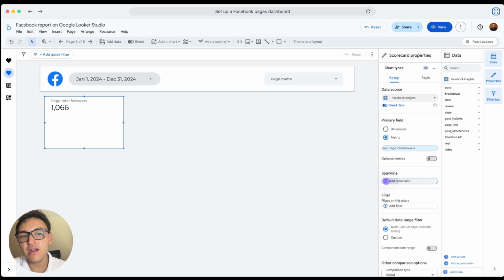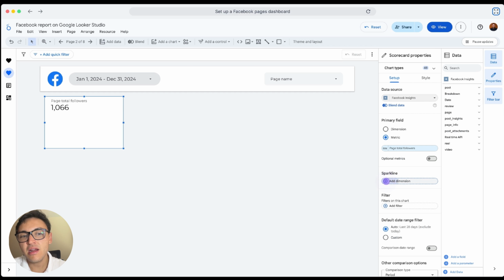will be duplicating this. I want to visualize the same visualization but with a different metric. So instead of page total followers, this time it will be new followers or page new followers. Here I will select this data and I will duplicate it again. I want to show something different, but I want to add this time a comparison date range. I will turn this on, and instead of none, I will select previous period, click on apply, and now I